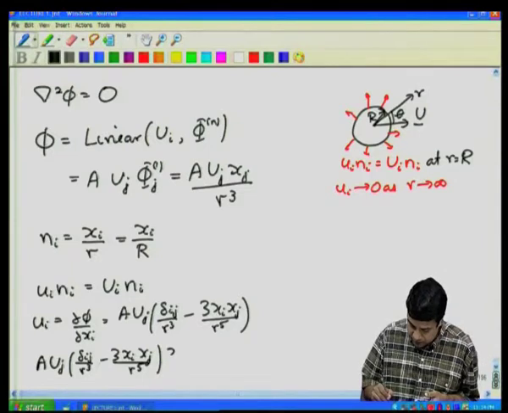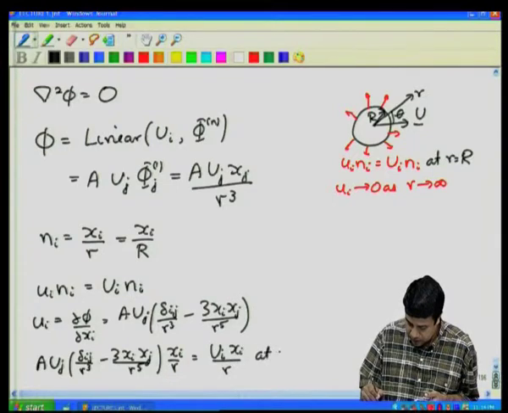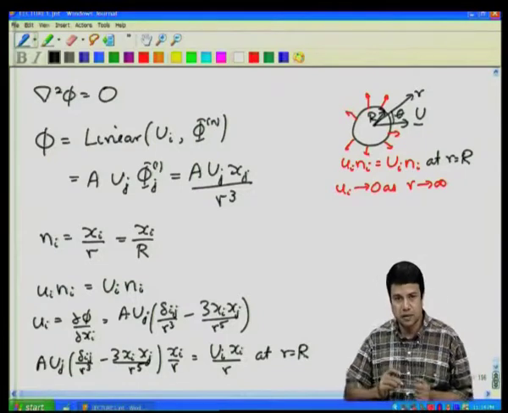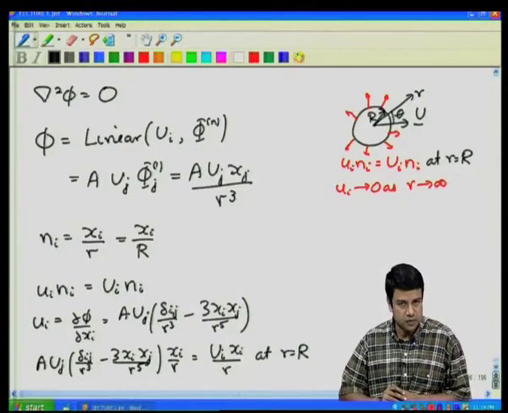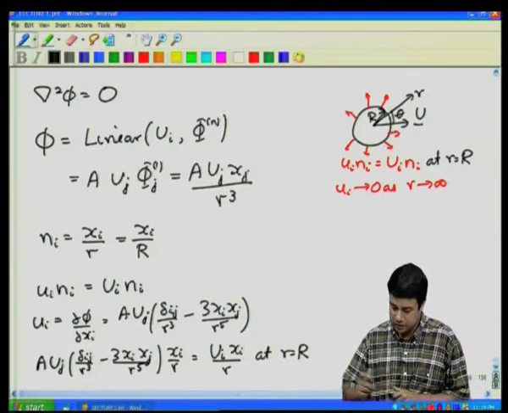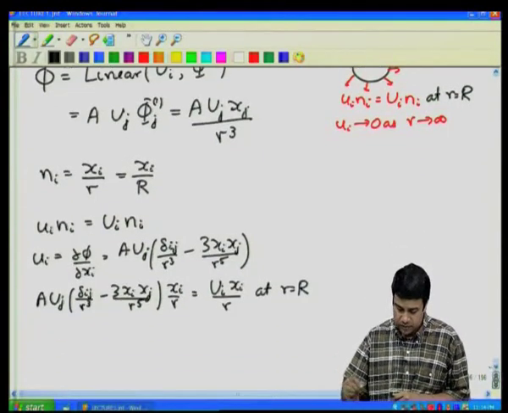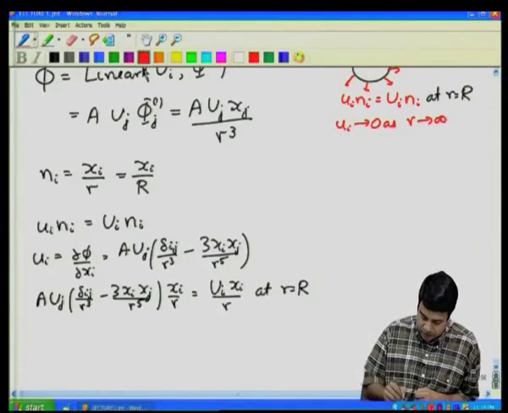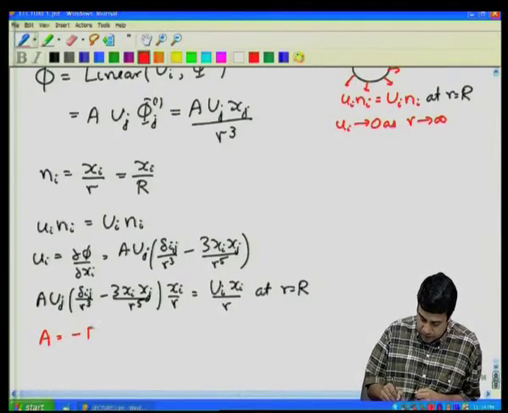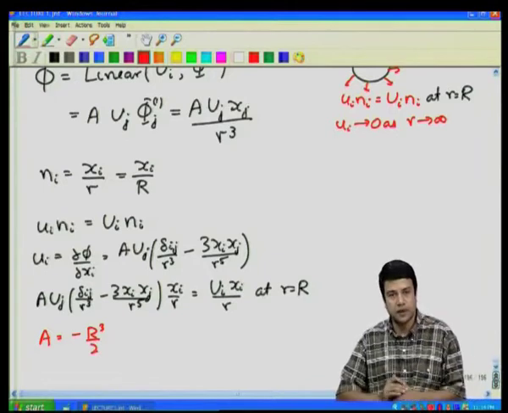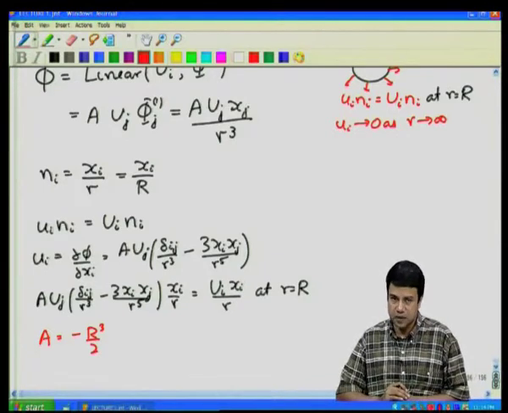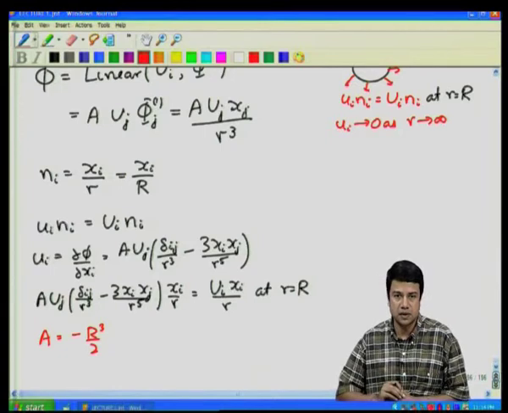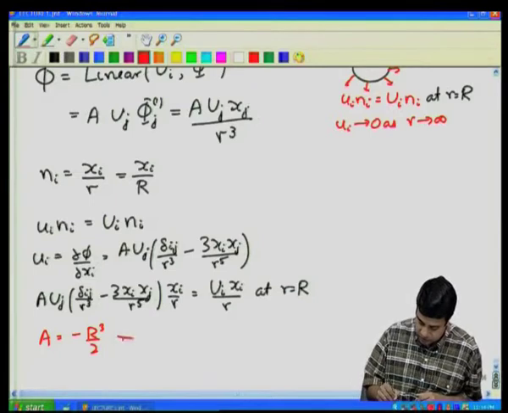Unit normal in this case is equal to x_i by r, is equal to capital U_i x_i by r at r is equal to capital R. So, that is the boundary condition. From that boundary condition, you find out the value of A. We solved this in the previous lecture and we got that A is equal to minus R cubed by 2. You can easily verify that for A equal to minus R cubed by 2, this boundary condition is identically satisfied. And therefore, this gives the solution for the potential,